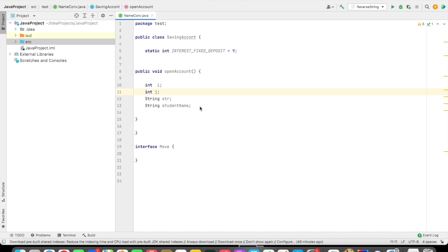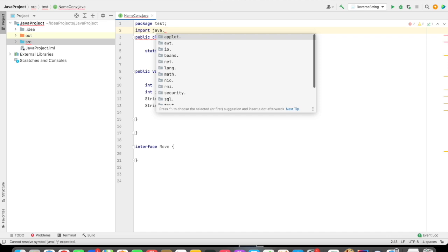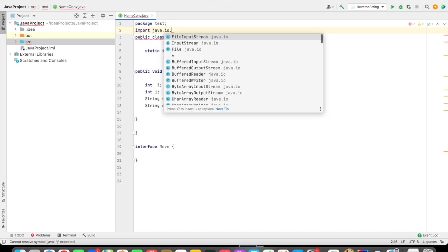The last but not the least is the packages. How are we going to mention the name of the packages? It should always be written in lowercase. It should not be uppercase. Again, the subsequent packages we will denote by dots. Let me show you like this. Import, if you can see that, java.io dot